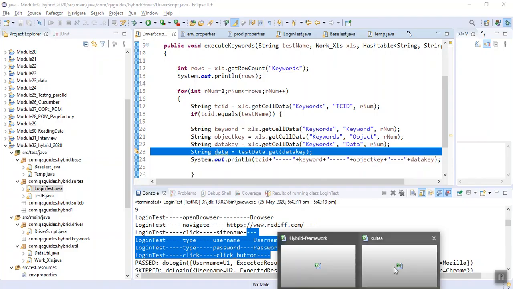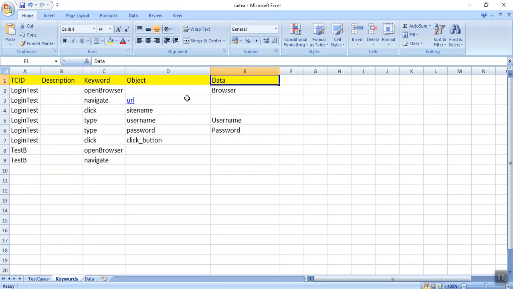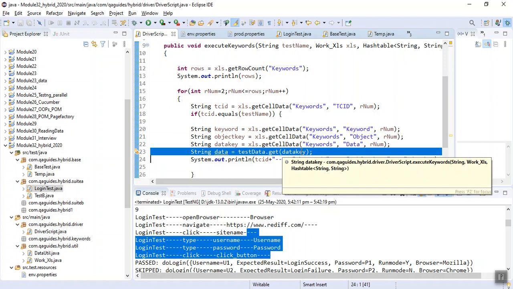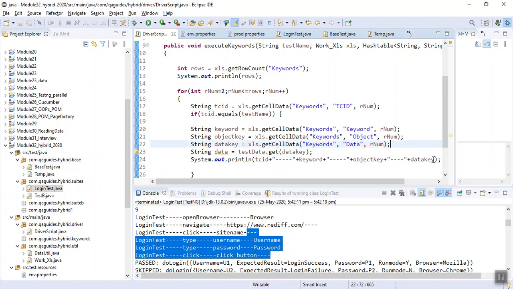So this. Fine. And I am not actually interested in this data key. I am actually interested in data. Let me run it.